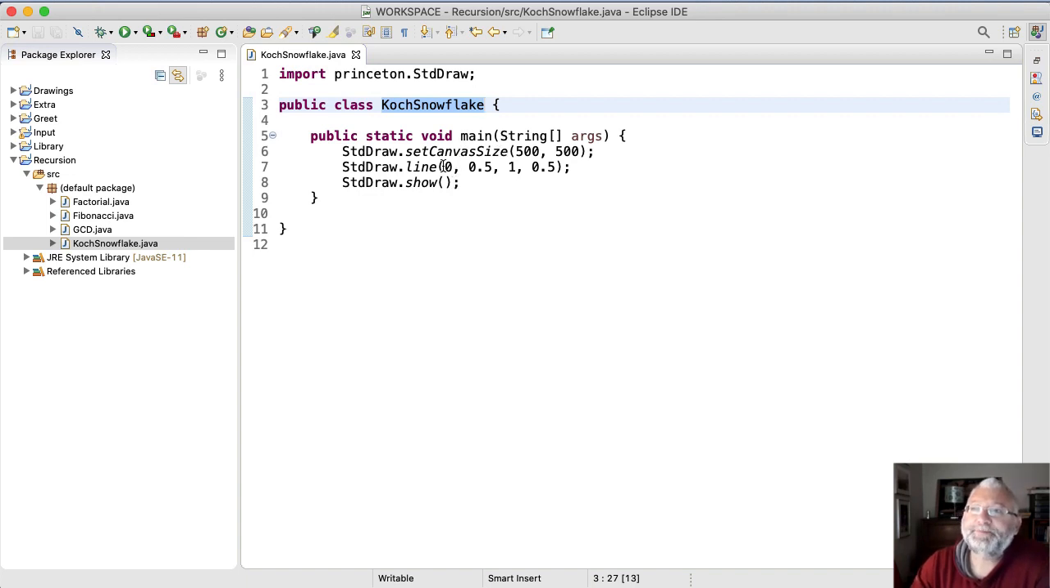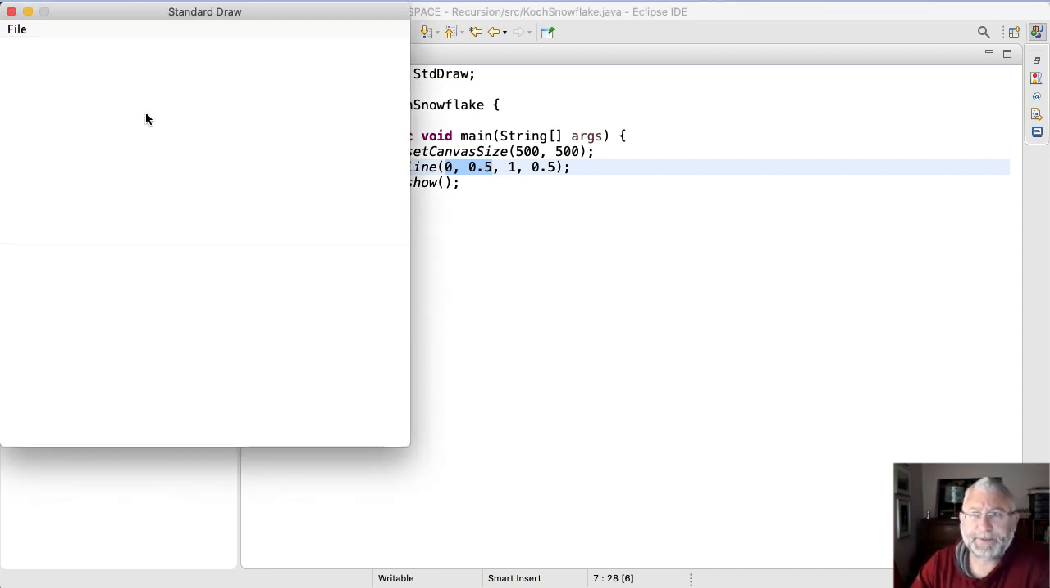I create a canvas. I draw a line from 0.5, so that's in the middle on the left, to 1.5, that's in the middle on the right. So if we run this, we should see a straight line going from left to right, and we do. This is not recursive, obviously, but what we want to do is to turn this straight line into a bendy